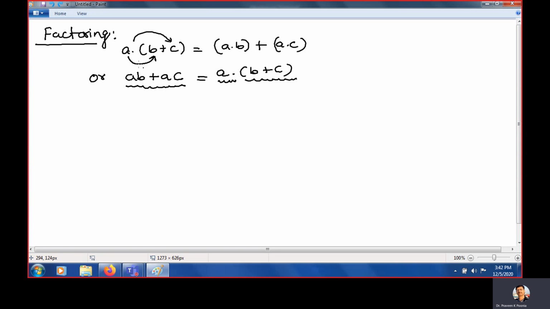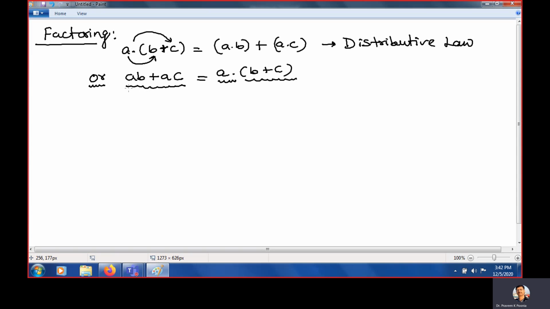If you remember, in chapter 1 we all studied the distributive law. What was the distributive law? That A times (B plus C) is equal to A times B plus A times C. So how are we going to do it? This is A times B, plus, and then A times C. This is the distributive law. But if we write this in the opposite form, meaning first write the right side and then the left side,